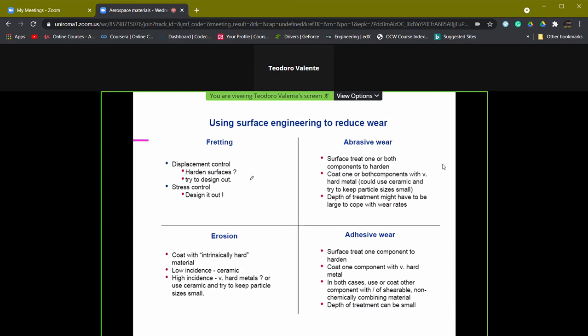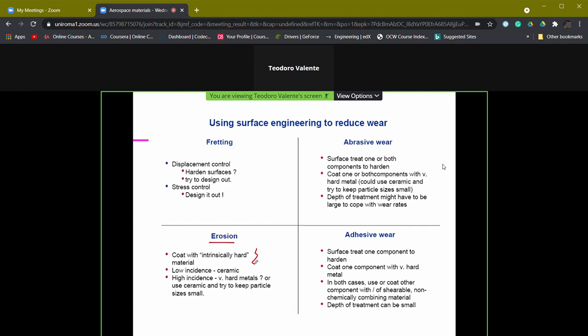Depending on the type of phenomena, let me say, the basic phenomena of material damage, we have, as we have said before, different possibilities for abrasive wear and for adhesive wear. When we want to reduce erosion wear, we also can use the possibility to coat our material with a harder material in order to